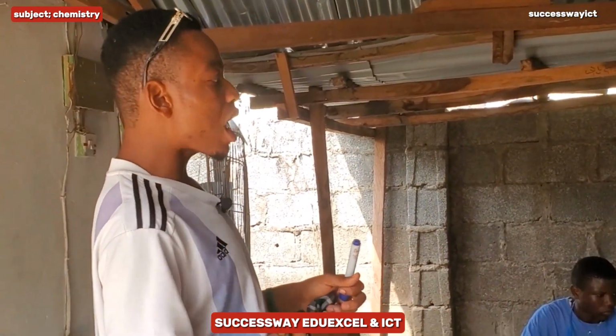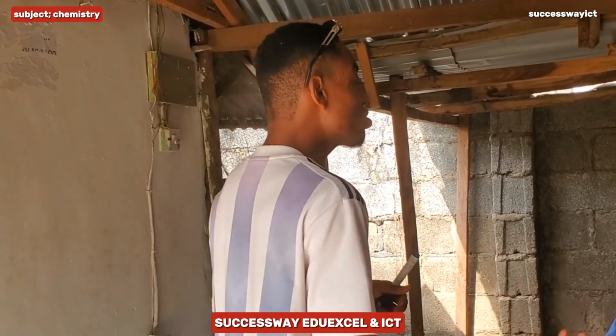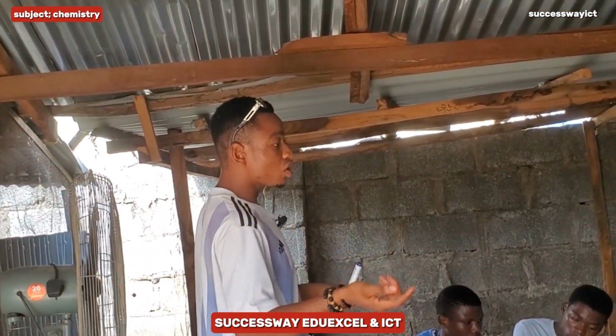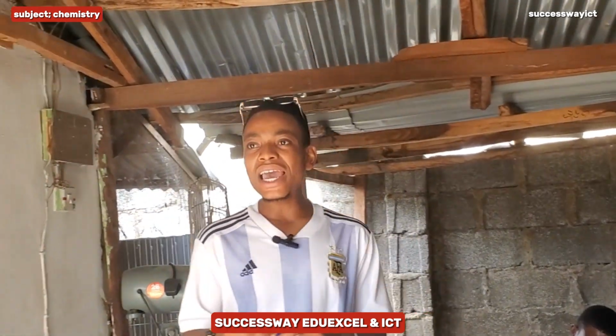That long chain structure could be a single bond, like what he said, a double bond, or a triple bond. E.g., your alkane,